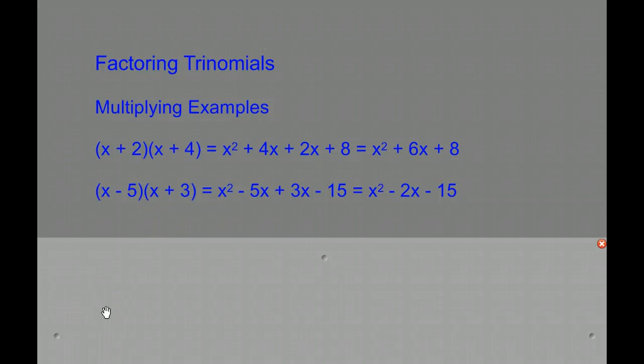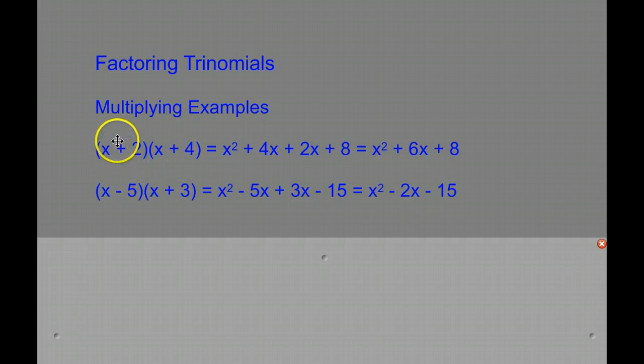We're going to continue on with factoring today, and just like yesterday when we looked at the distributive property backwards in order to factor a greatest common factor, we're going to use an example of multiplying two binomials together to make a trinomial to talk about factoring trinomials. So if you look at our first example here, x plus 2 times x plus 4, when you multiply that